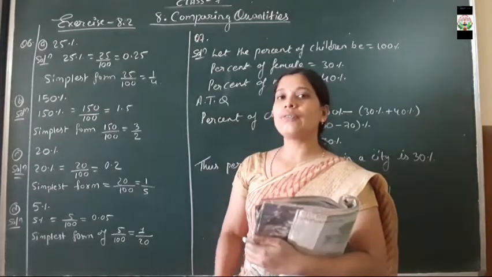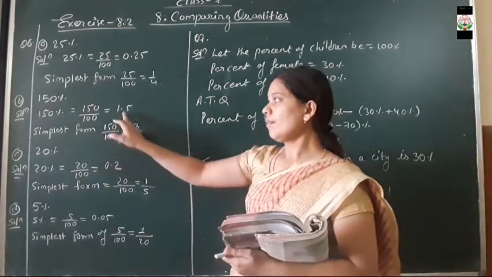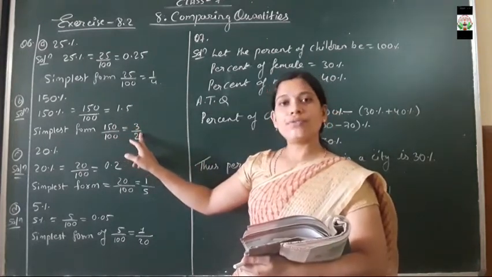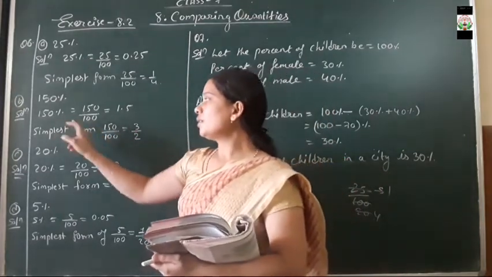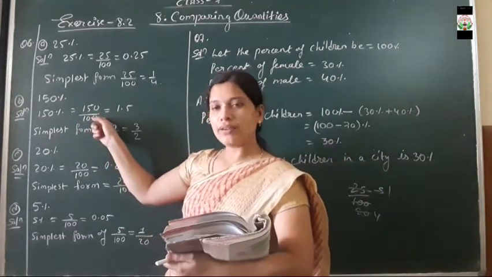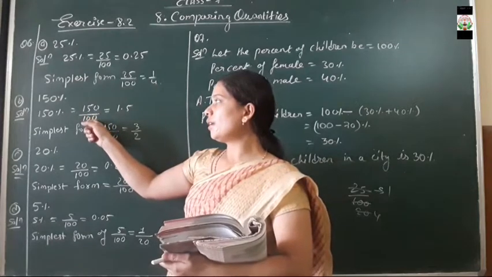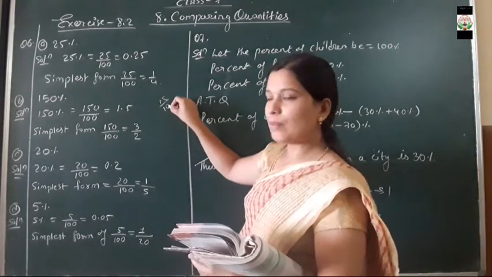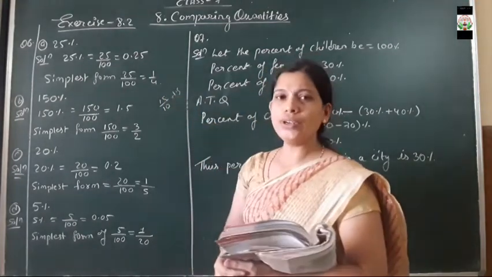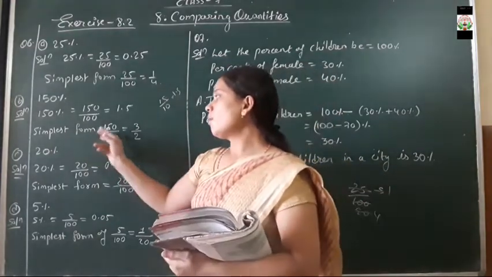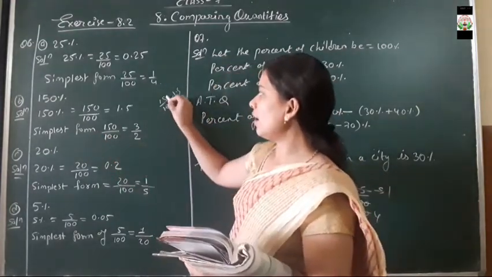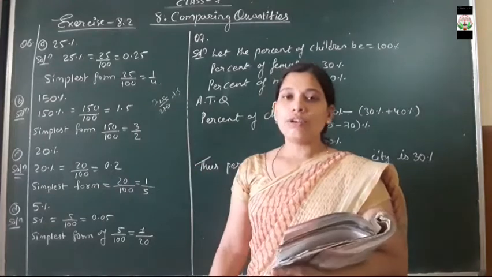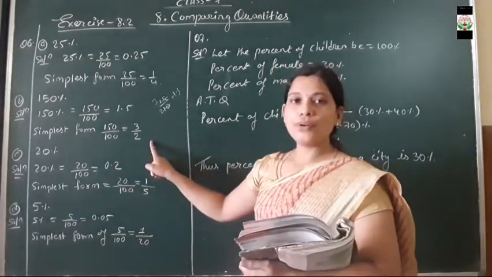We have to convert 150% into the form of a decimal fraction, and after converting, we have to make it the simplest form. So converting the percent into a decimal form, we divide 150 by 100. The 0 from the numerator and denominator will get cancelled. The number left is 15 upon 10. When we divide 15 upon 10, we get the required answer 1.5. Now for the simplest form, 10 and 15 come in the table of 5, giving 3 by 2. So the simplest form of 150 upon 100 is 3 upon 2.